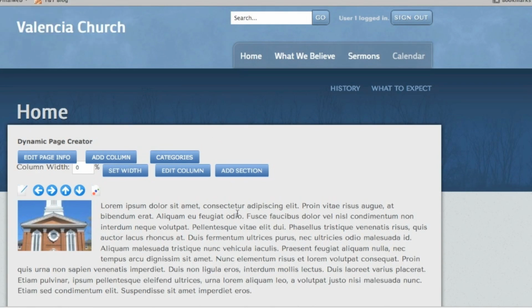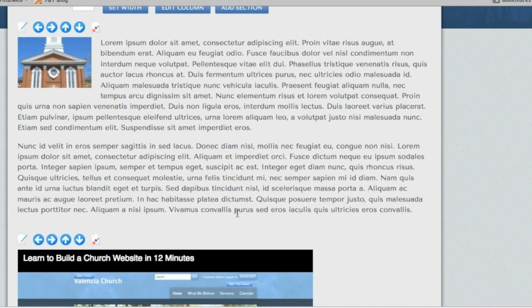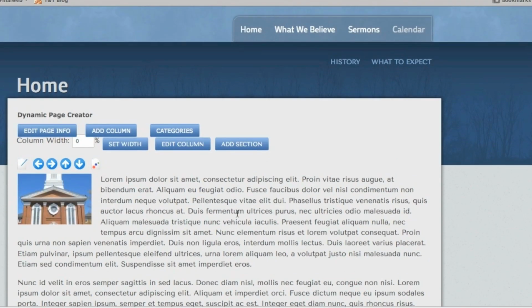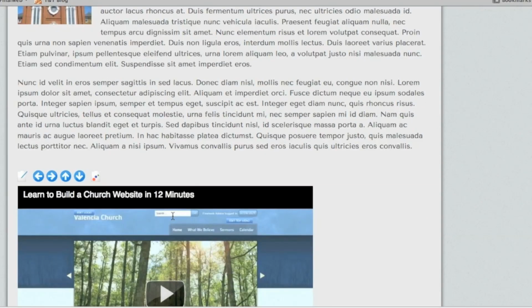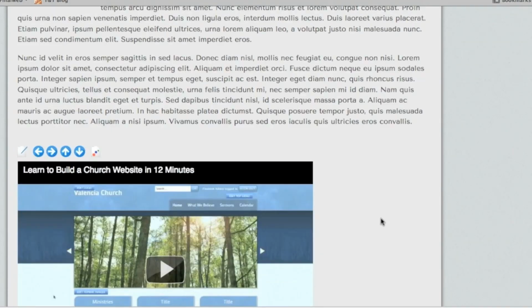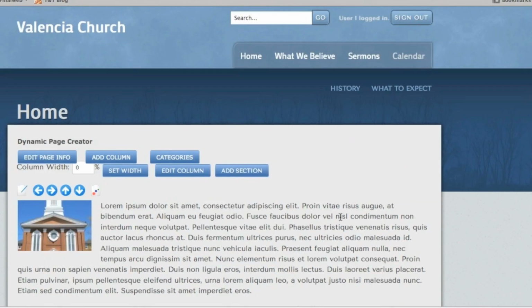So you see on the home page here I have access to edit. I don't have the admin tools on the right, I can't edit the menus, but I just do have access to this page. You notice here I can edit the section or add section because I do have full access to this page. I can edit the column. If I go to the history page,